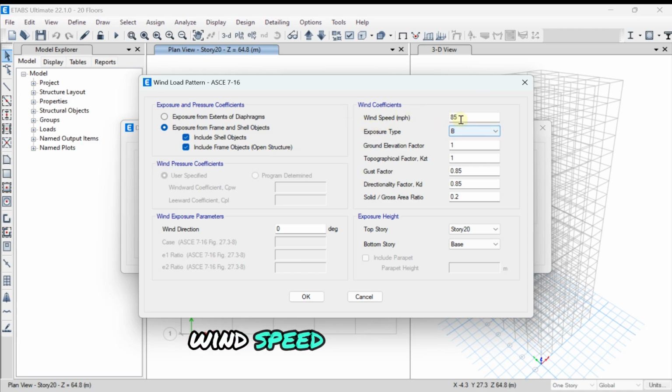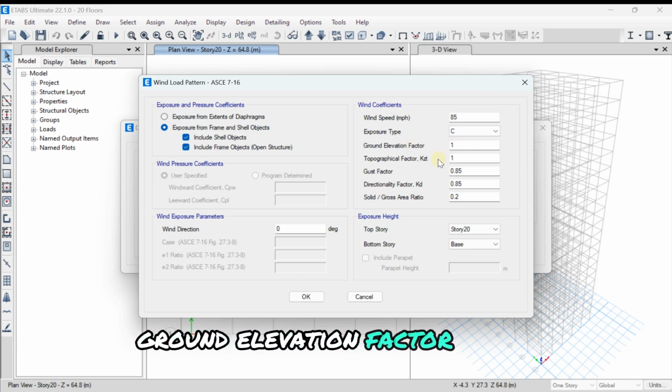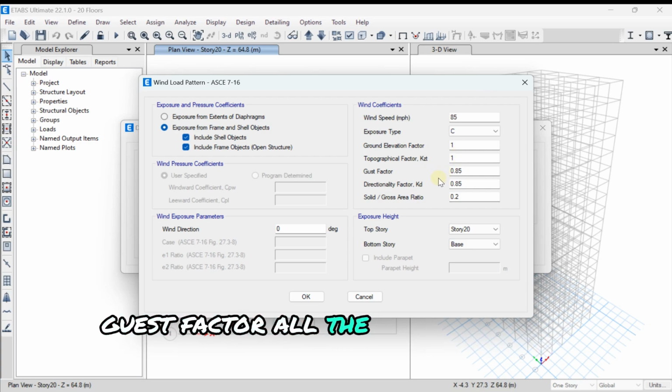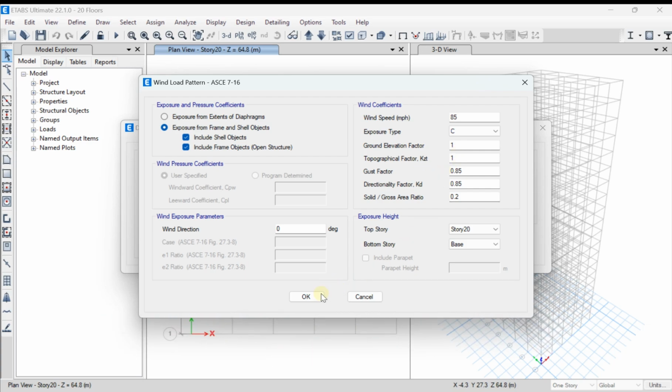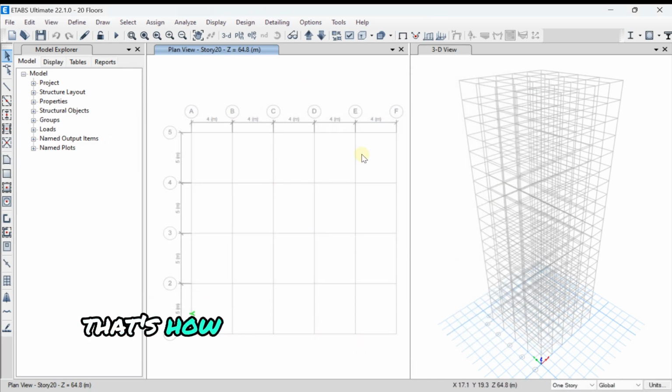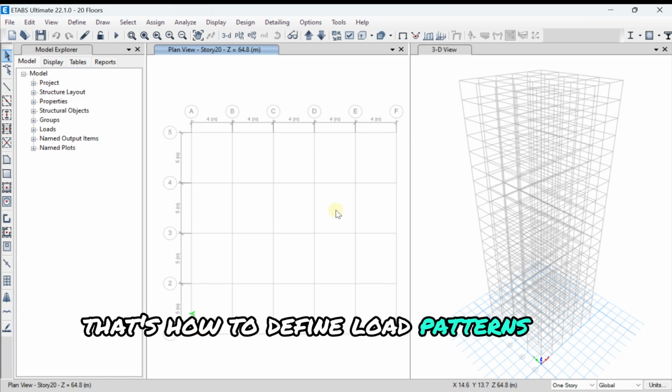Wind speed equal to 18.5, and exposure type equal to C, ground elevation factor 1, Kzt, the topographical factor, equal to 1, gust factor is the default of the program, and click on OK, then click on OK. That's how to define load patterns for our